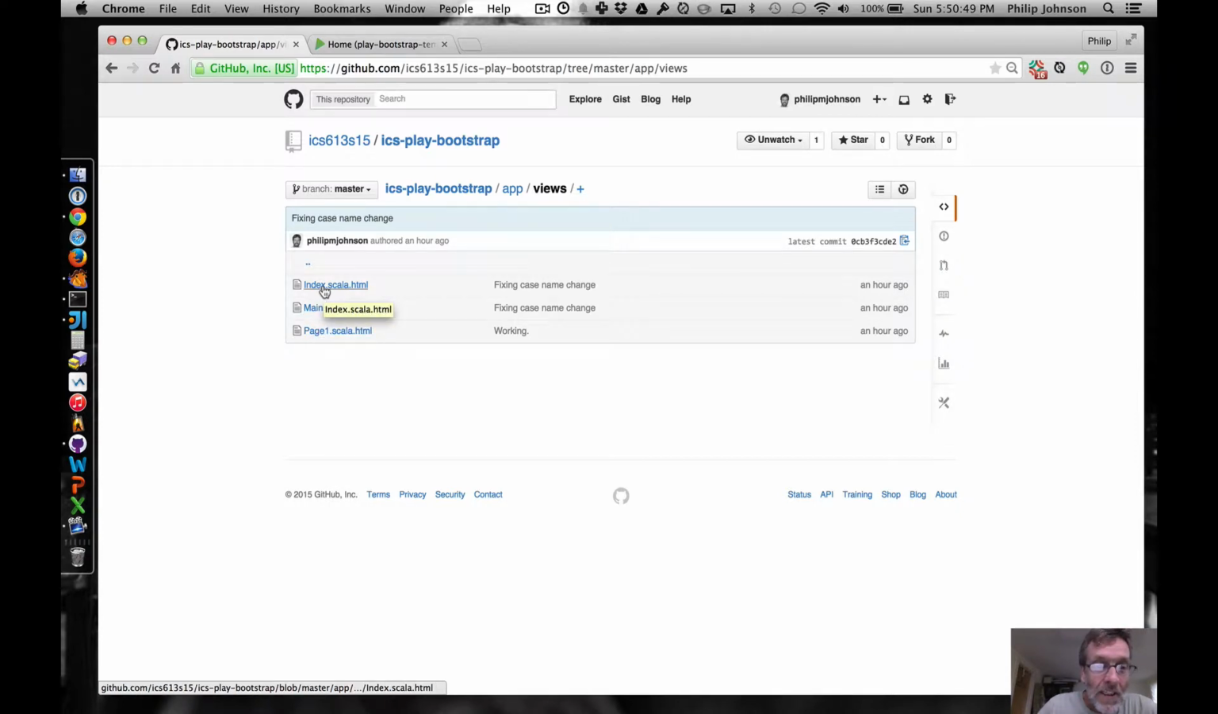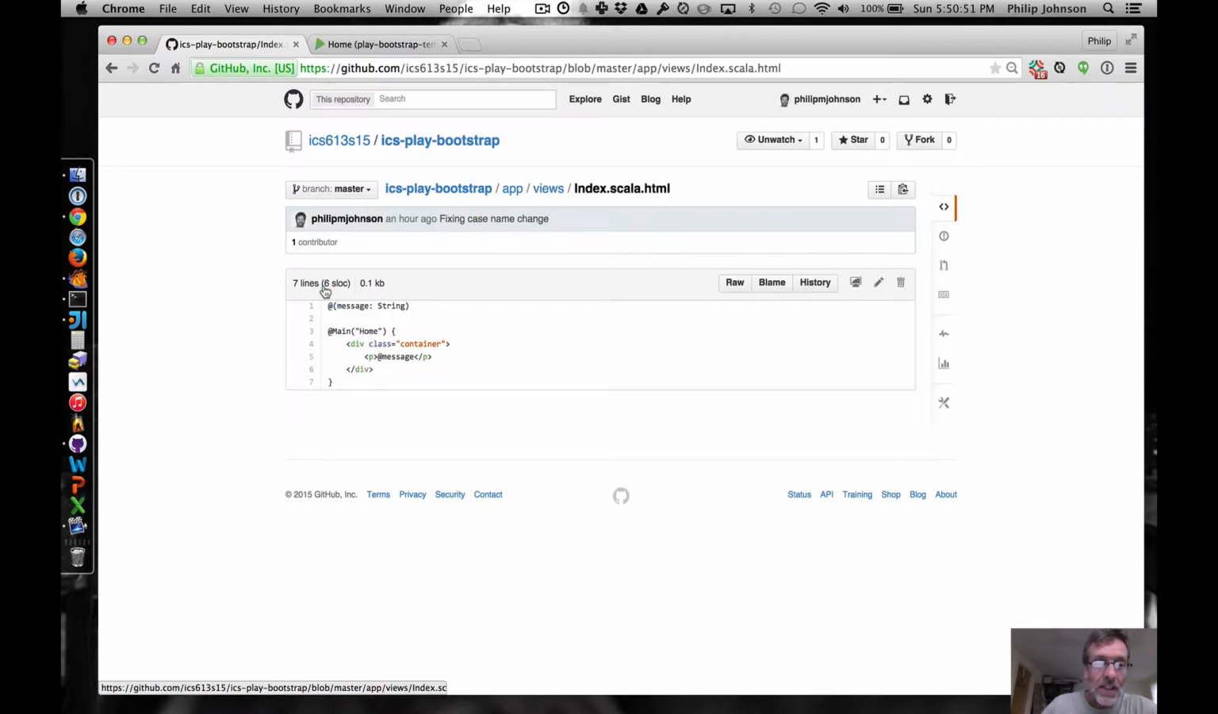And here is our index class. Okay, now it's not going to look at all like a Java index class. That's part of the magic of the way the Play framework works. It's actually taking this HTML file, index.scala.html, and it's going to generate a Java class called index, and it's going to generate a method called render. And when that render method is called, it's going to invoke this code,